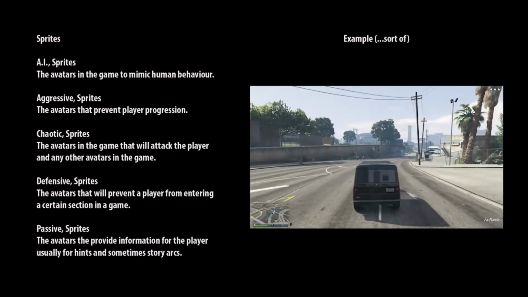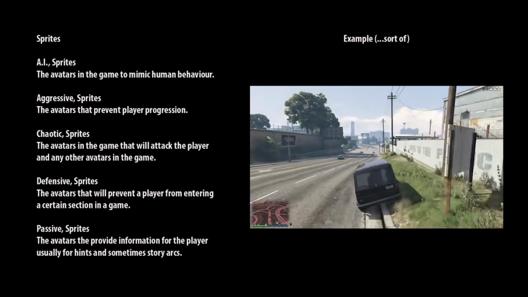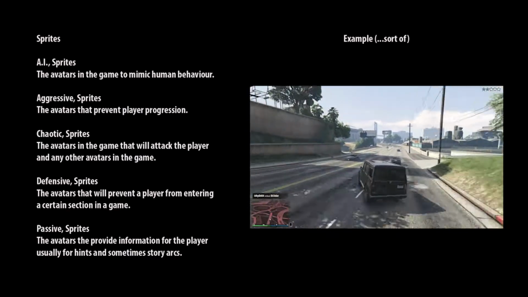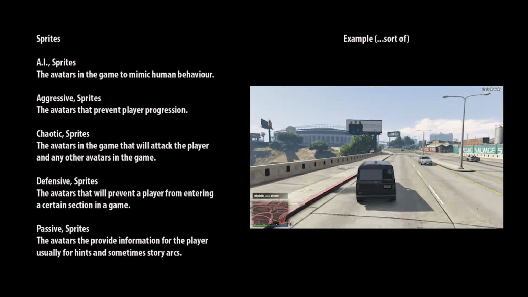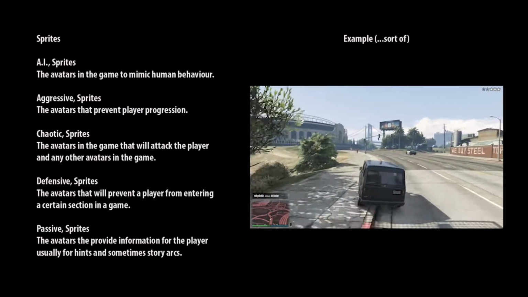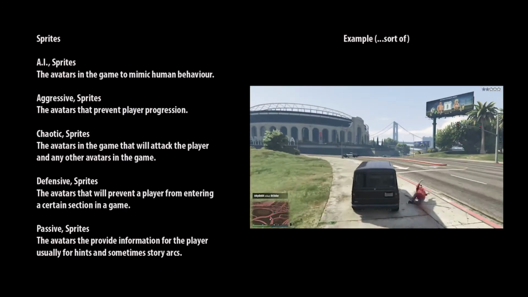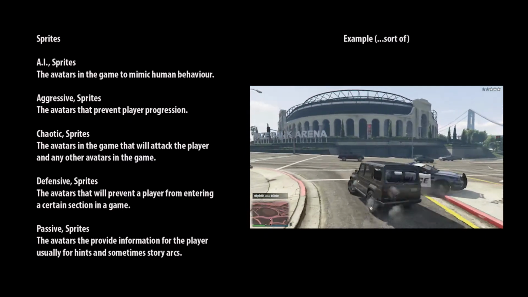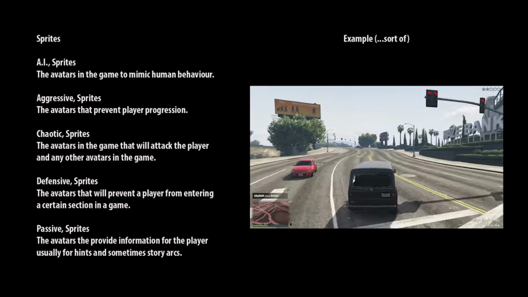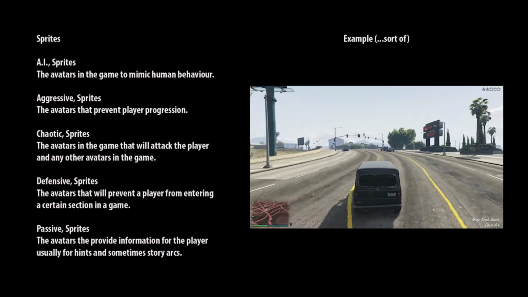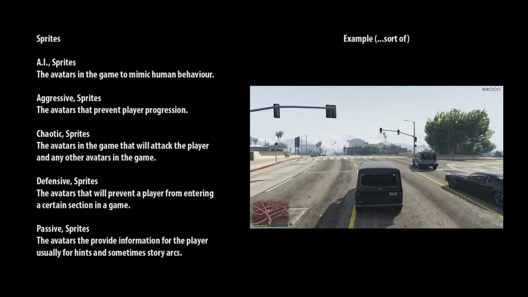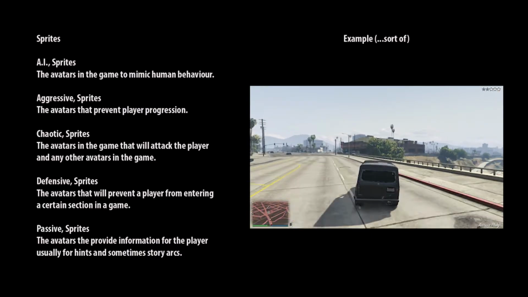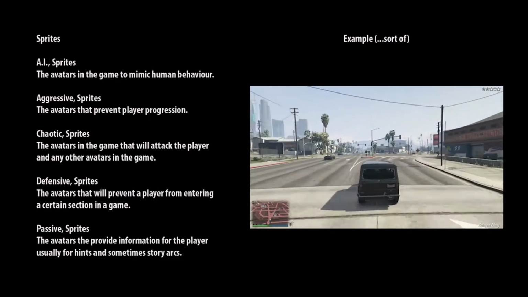I don't think there's any chaotics in GTA. If there are chaotics, there probably are random crimes happening. So everyone here is a passive, but they can easily change into something else, an aggressive. So there's no chaotics. I don't think there's defensives in this game, but I remember in the previous GTA, if